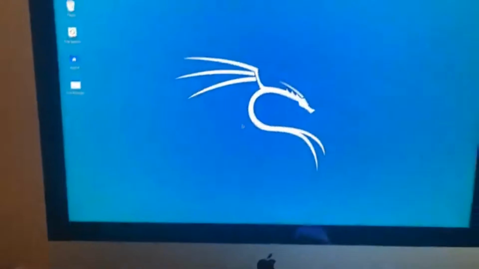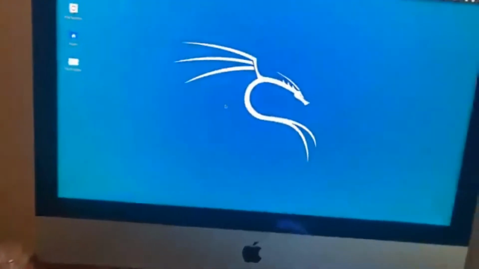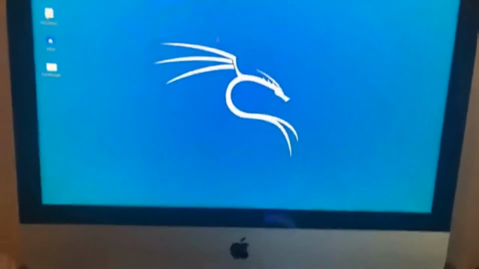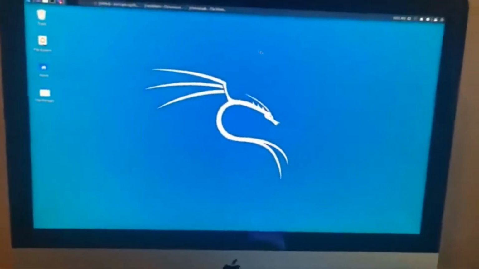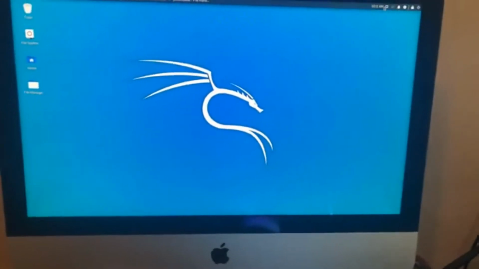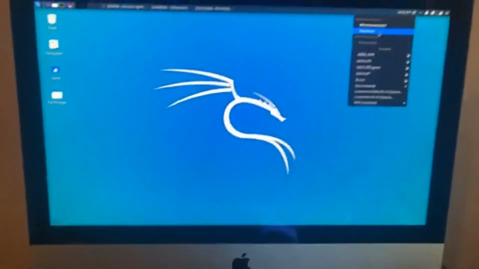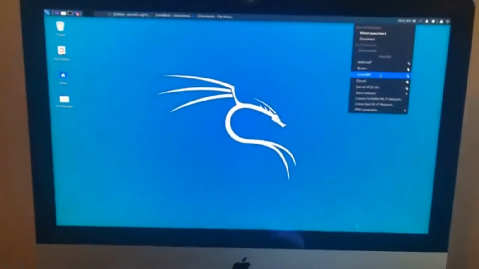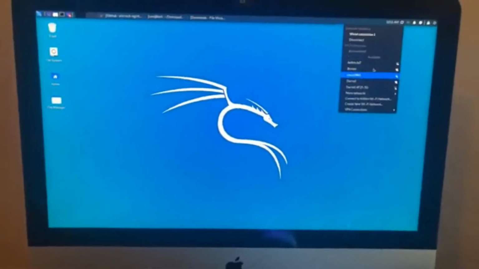So this is Kali Linux. This is the version, not the newest version. I like 2019.4. I actually made a copy of it, which I'm able to run. I can install 2020.2 of Kali Linux. Many people ask me this question: how do you get your wireless adapter to display